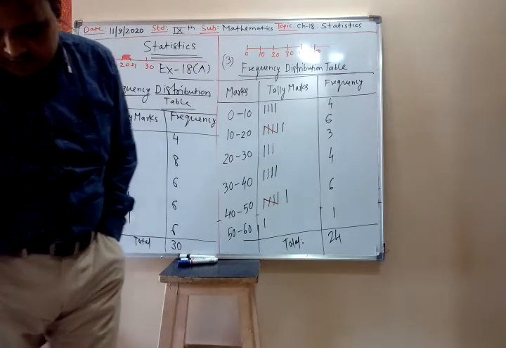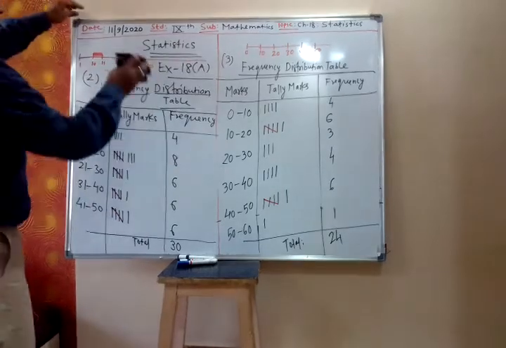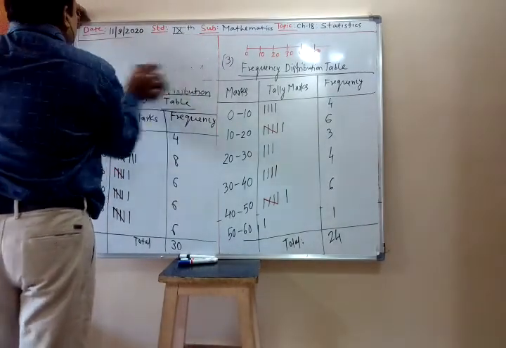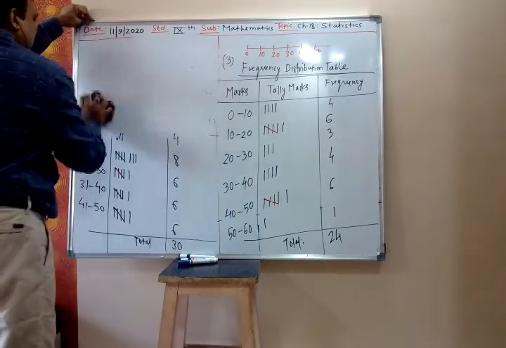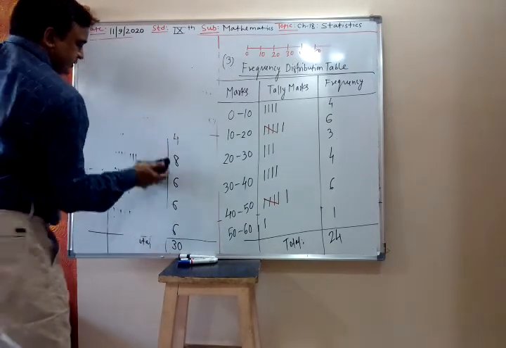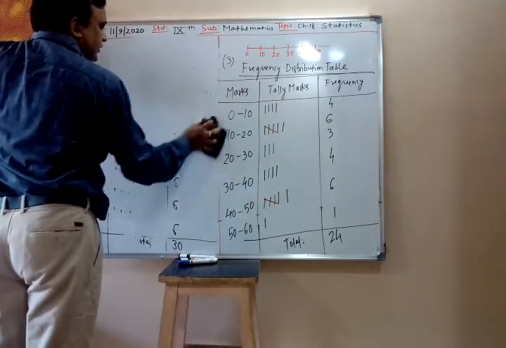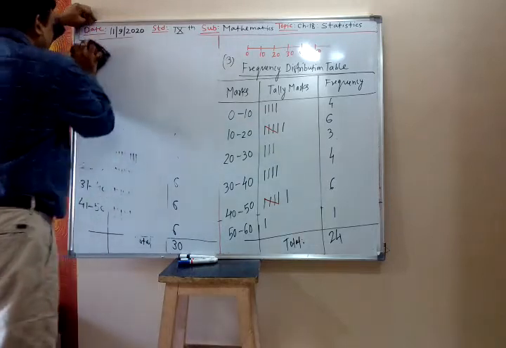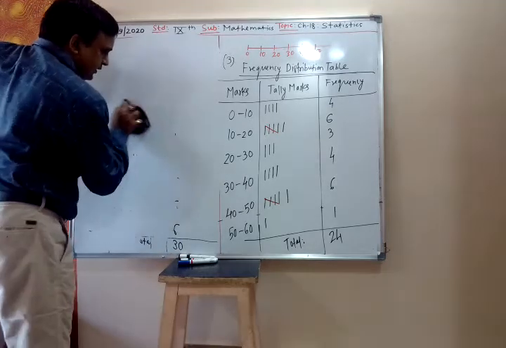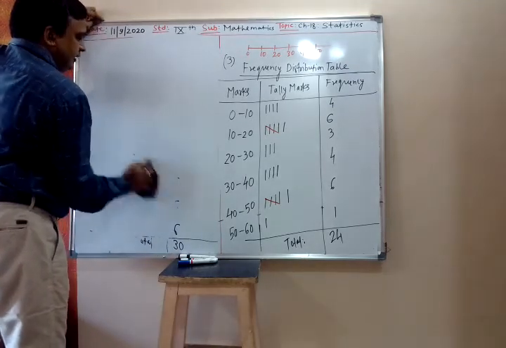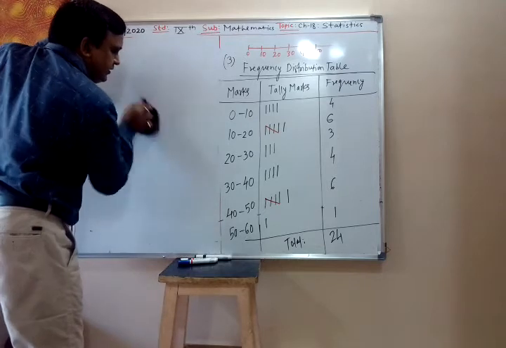Then the range of the data. This you have to write, the formula for range. Range of the given data. You are given a data. It can be asked, find the range of that. You will be given the data and can be asked what is the range of that data. So to find the range, we find the lowest number, we find the highest number, and then we take the difference of highest and lowest. That will be the range of that data.